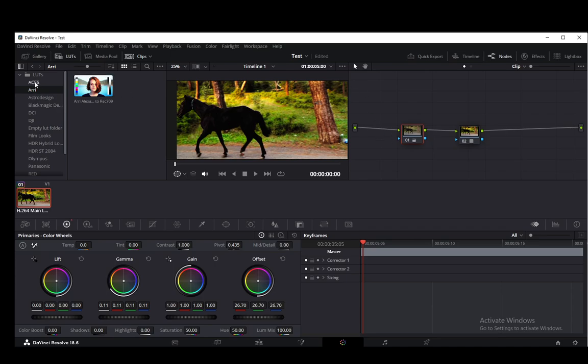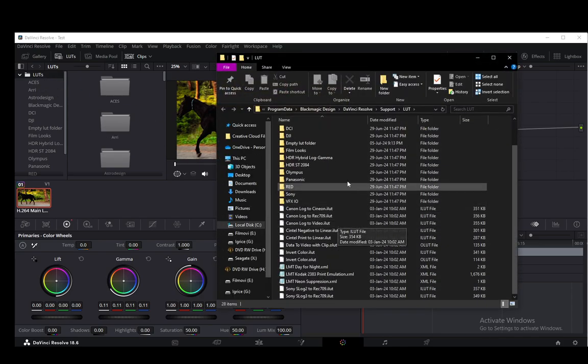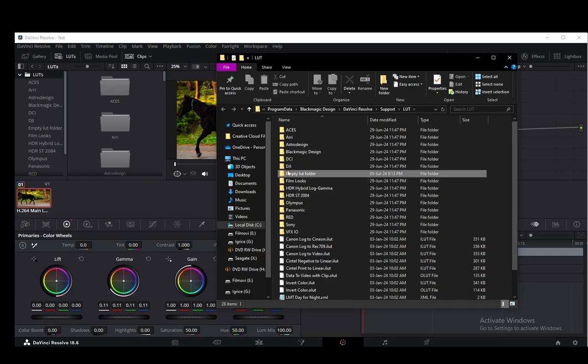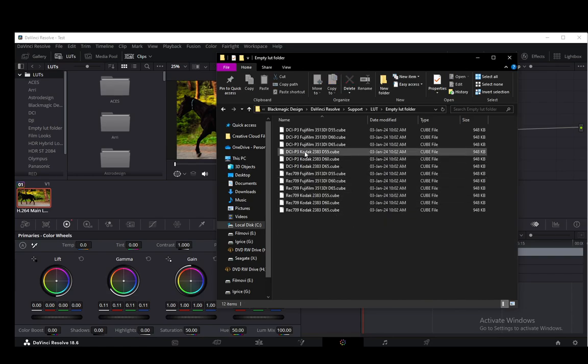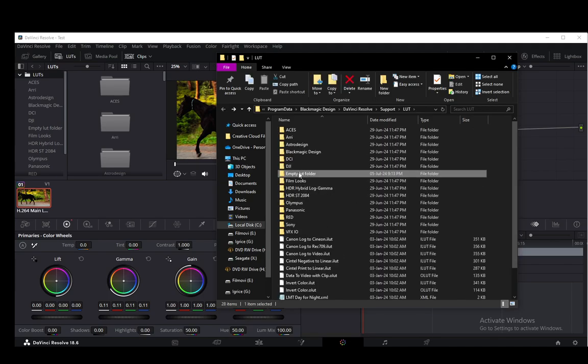Now, the way that you can add them is once you're in this menu, just right click on LUTs and click open file location, and any LUTs you might download or have on your computer you can place in a file here. As you can see, I have an empty LUT folder, which is I think the Filmworks LUT,